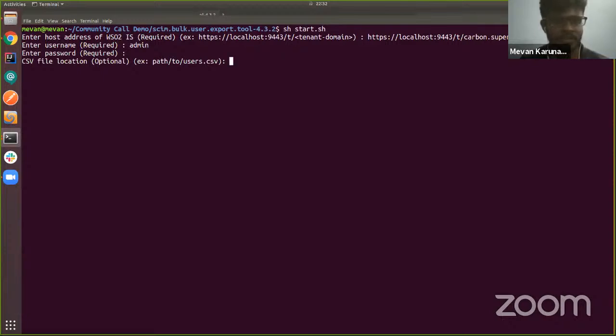This is an optional parameter, so if you need to save this file somewhere specific, you can point it in here. If not, it will automatically create a file inside the tools folder with the name users.csv. And then you can also define some attributes if you need to filter. So in this case, if I define ID, username, name attributes,